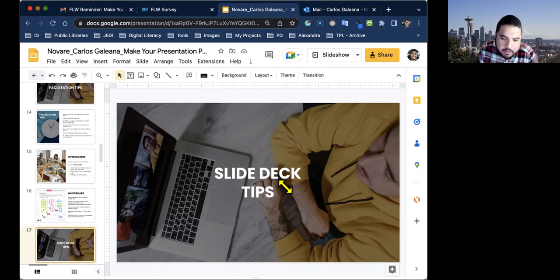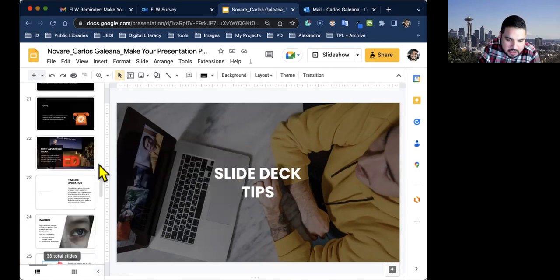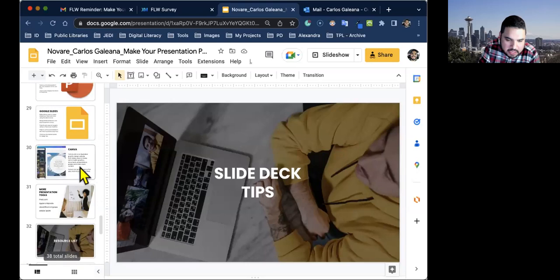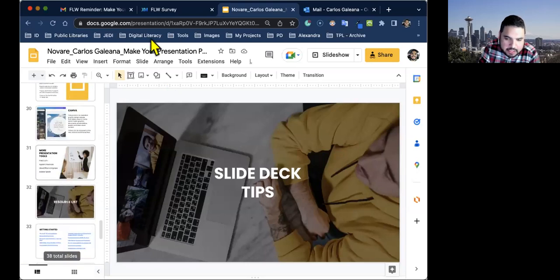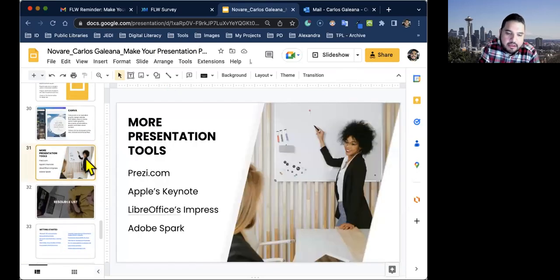And then people have noticed that I'm using a Mac, but I haven't mentioned Keynote. Is it useful in any way? Can Keynote be converted to Google Slides? Keynote is another option as well. I tend not to discuss Keynote as much, since it's an Apple product, because most workplaces are not in the Apple environment. They're usually on Google or Microsoft, but Keynote is another tool you can use as well.